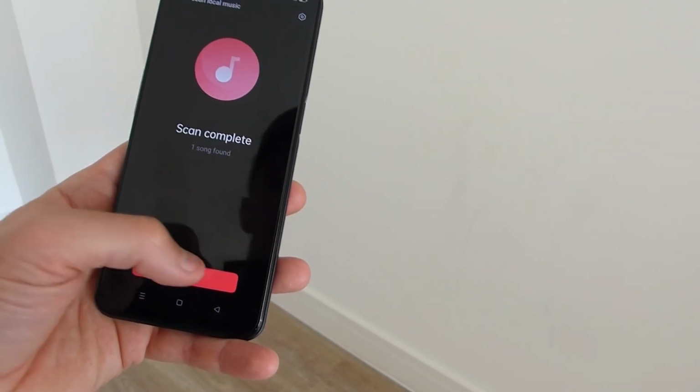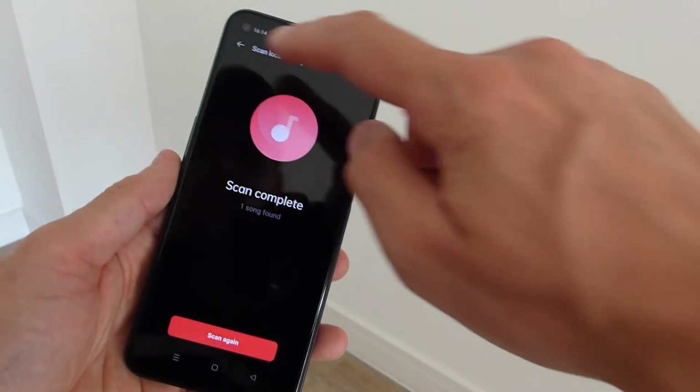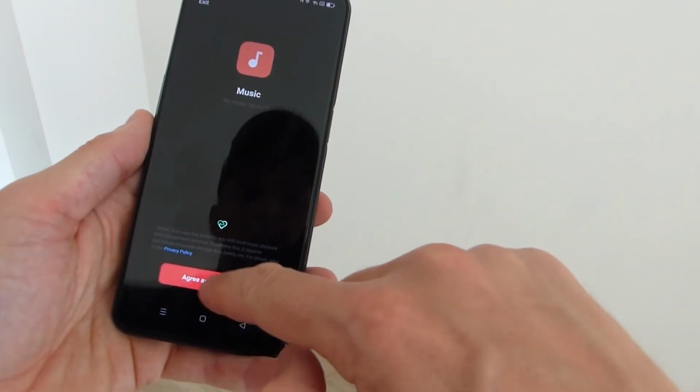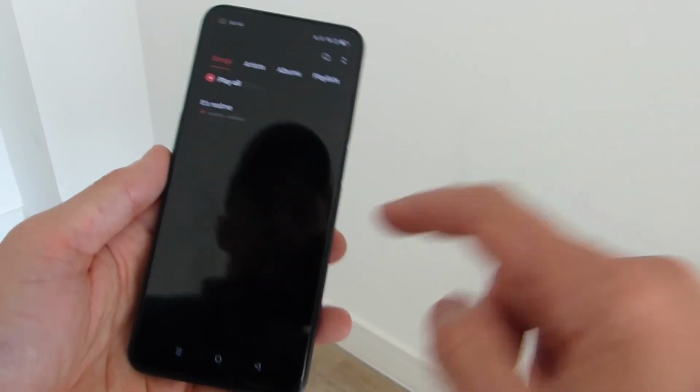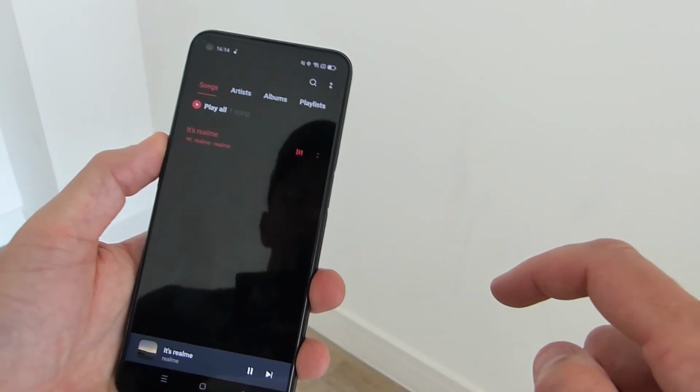Added one song apparently. Why does it keep scanning? What's going on? There we go. So it's obviously a Realme tune of some description. Let's see what the...